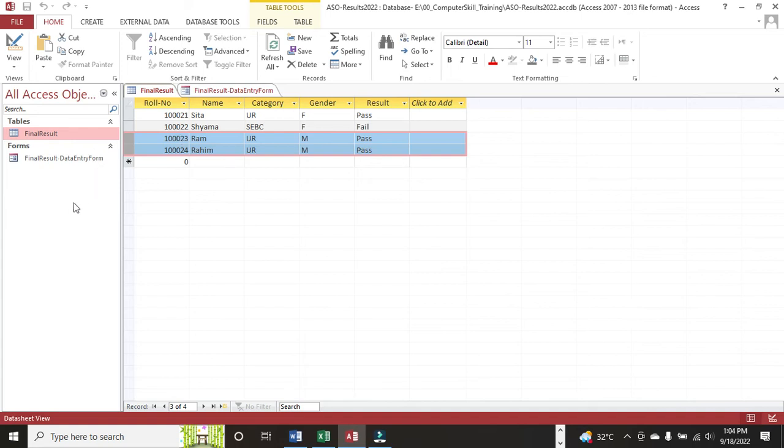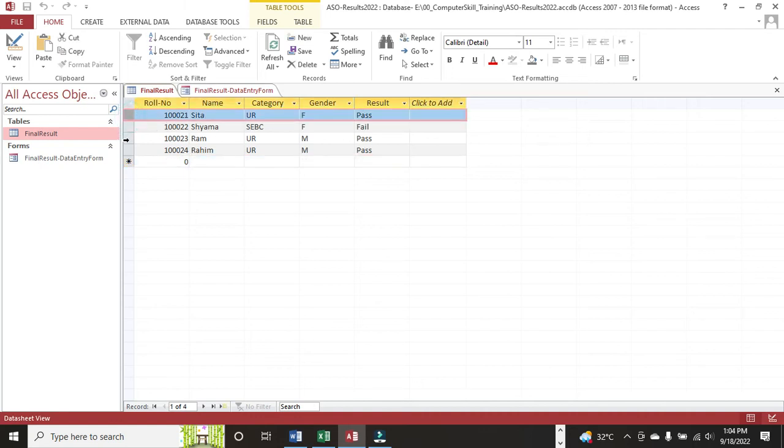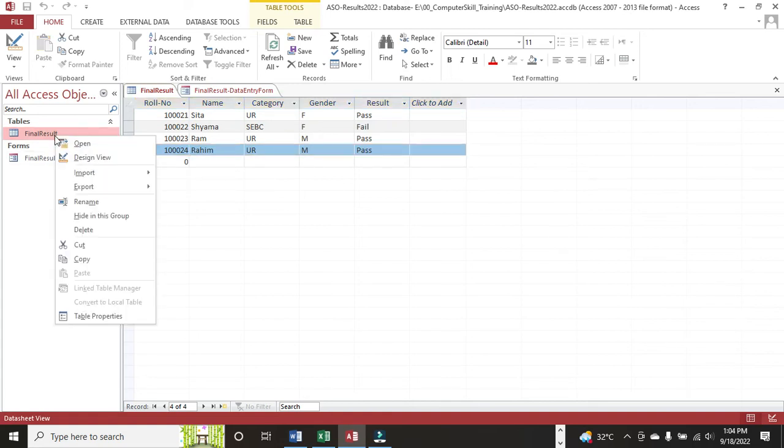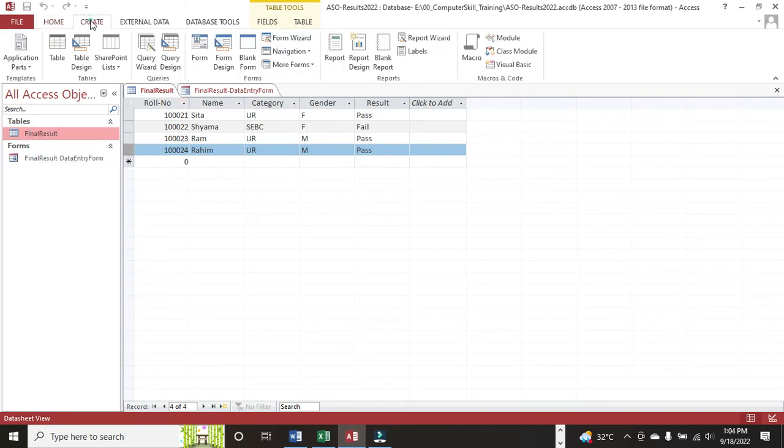So in the next session we will try to... Now, one more thing before we start looking into the actual sample papers. Forms I explained. Now suppose you want to generate a report where you want to list out all those candidates who have actually passed the ASO exam. Now how will you do it? So in the table here, you select the table and you can go and create